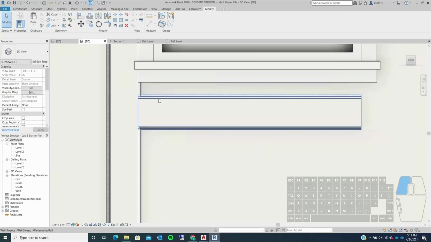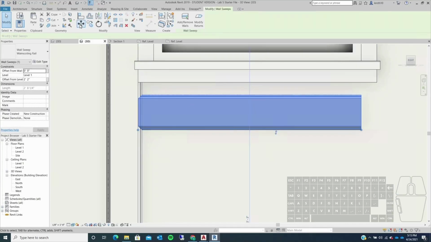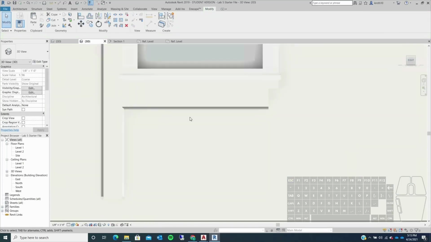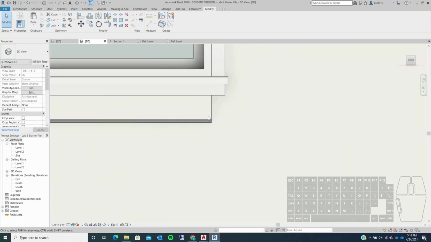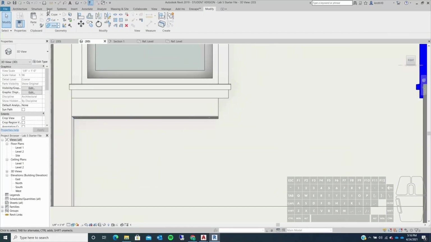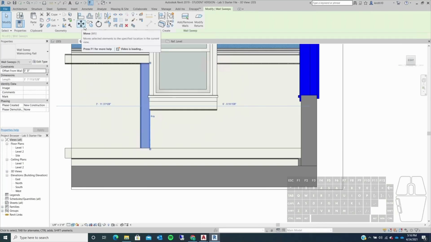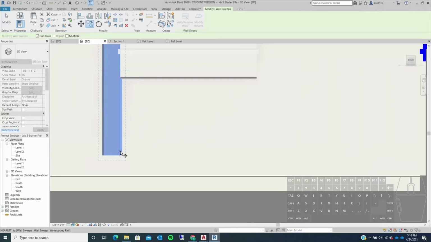sort of mitered appearance. Then we're going to click on this and we're going to move it upward until this edge aligns with the bottom of our window casing, just like that. Then what you can do is just align this edge of the window with this edge of the rail. Okay, then all you need to do is copy this. So I will click on copy,